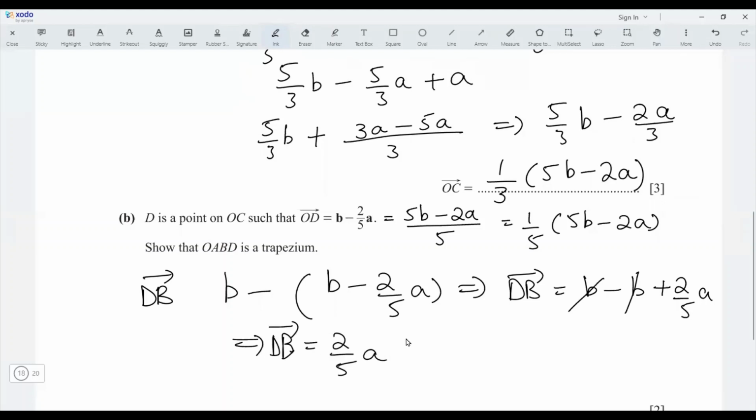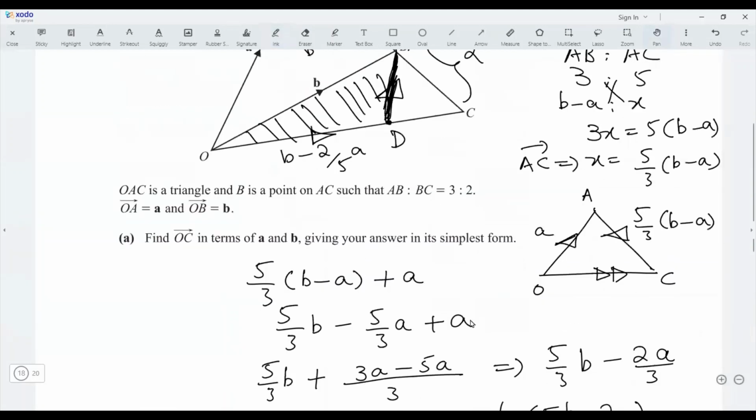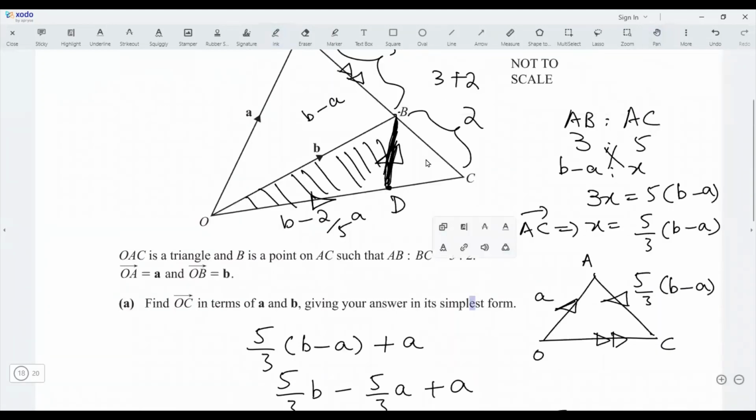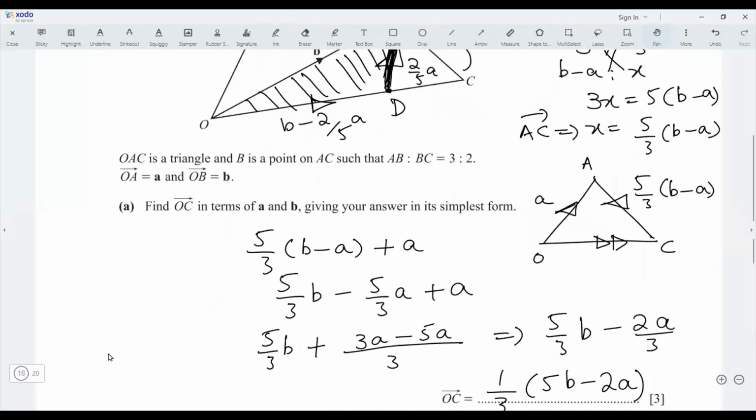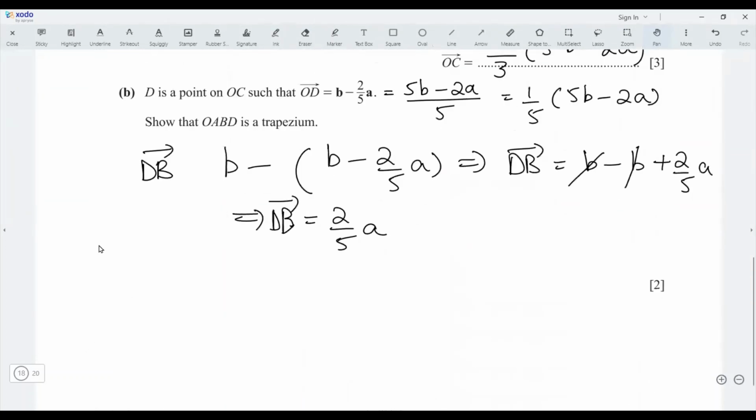If it is written as a multiple of a, 2 by 5 of a, it means that it is parallel to vector a, means OA is parallel to DB because 2 by 5 is a number being multiplied with the vector. So it is to be shown that these two lines, or we can say vectors,